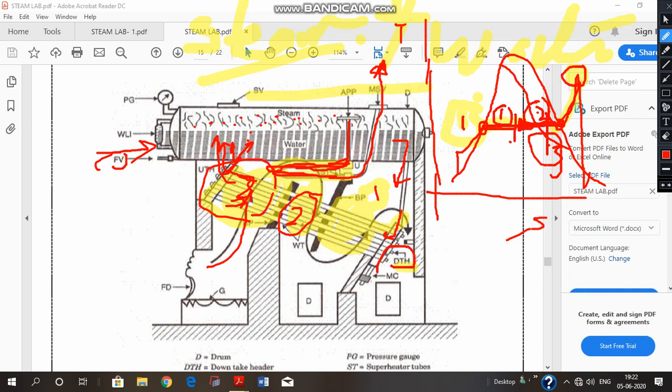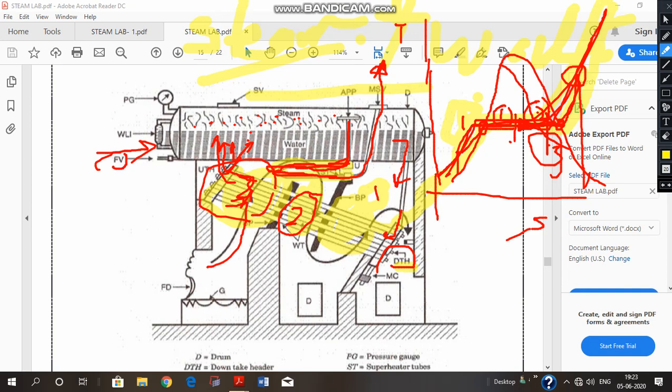So thermodynamically, we can say water and steam have got a very little difference, and we can use the terms interchangeably also, provided we mention that this particular line is at a particular pressure. This is one constant pressure line on the TS diagram. Now what we are going to do, instead of using water and steam, both the terms separately, we are going to use water and mention a particular temperature along with that, because pressure is already constant. And this is which pressure? This is the pressure of the boiler.